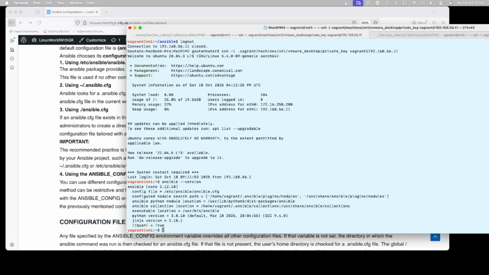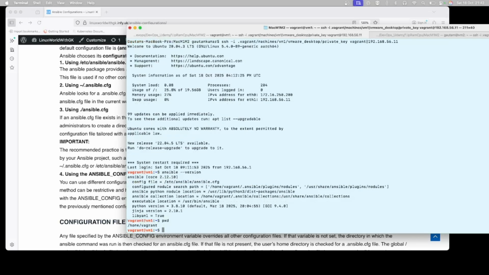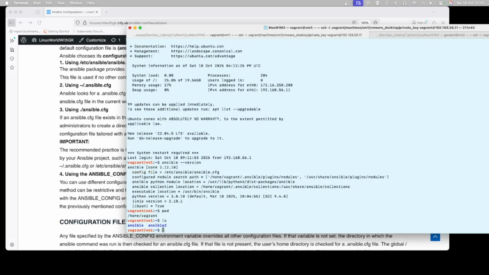You can see the Ansible version is 2.12.10 and the configuration file is /etc/ansible/ansible.cfg. Let me tell you the current directory. My current working directory is this one, and let me show the content. There is no configuration file here,